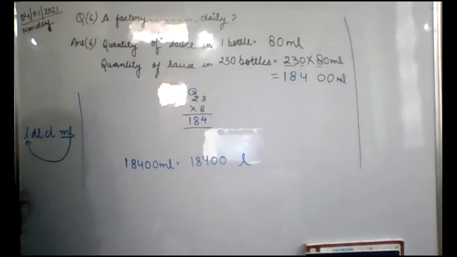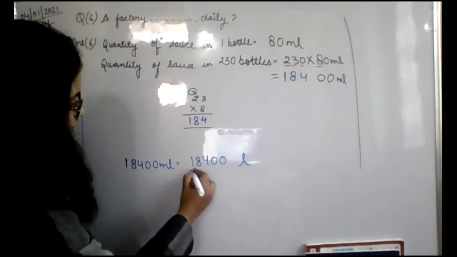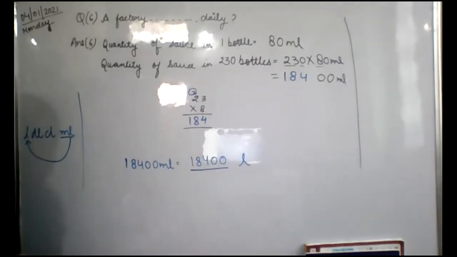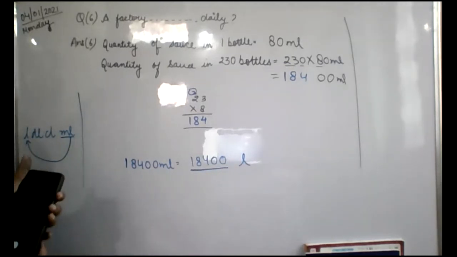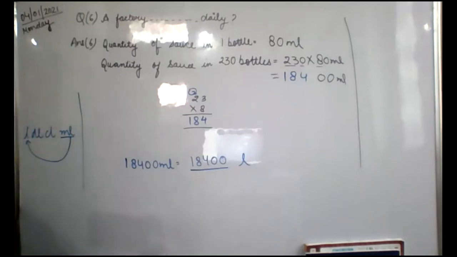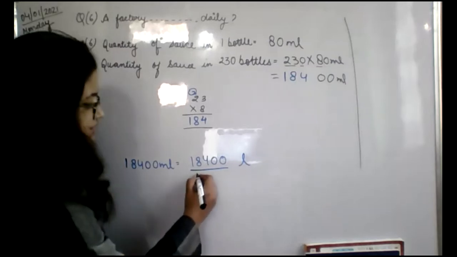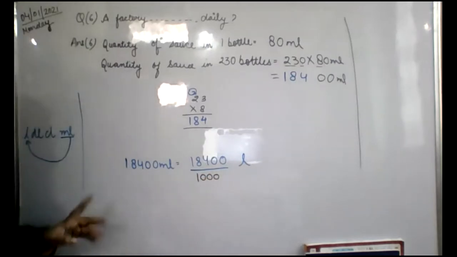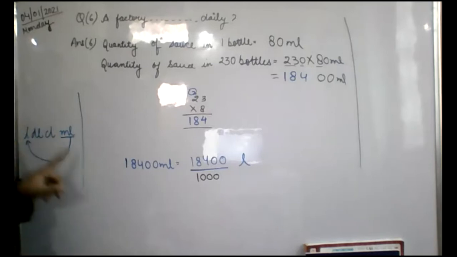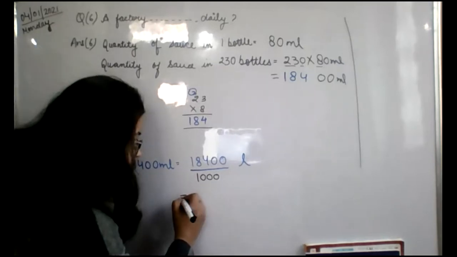Ma'am, divide. You will do the divide. Divide by what? Ma'am, by 100. Are you sure? By how many? Ma'am, by 1,000. By 3 zeros. We will be just dividing it by 1,000. By 3 zeros: 1, 2, 3. See here. By 3 zeros, 1 gap, 2 gap, and 3 gap. Divided by 3 zeros.